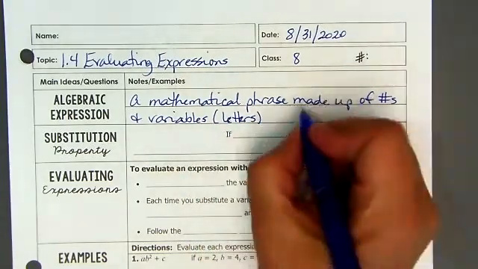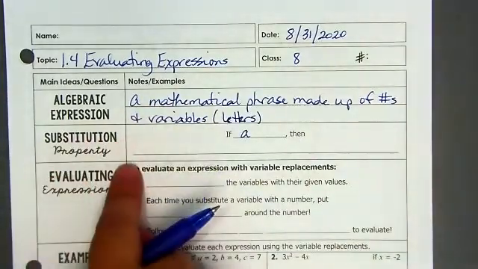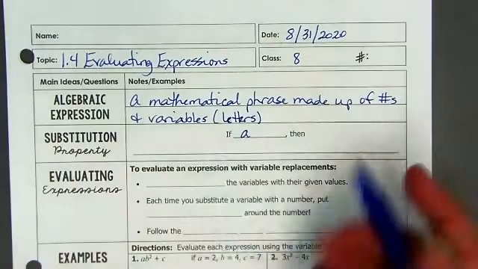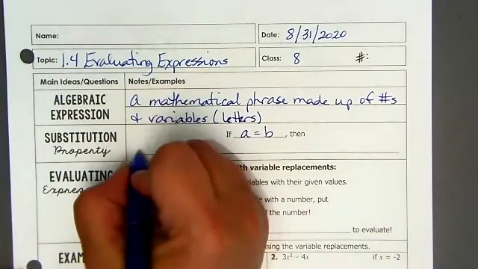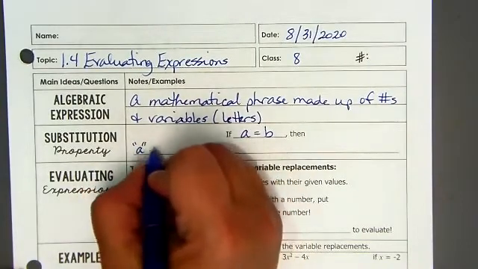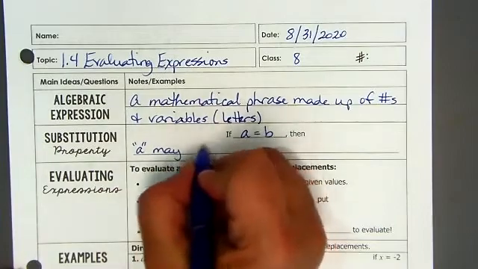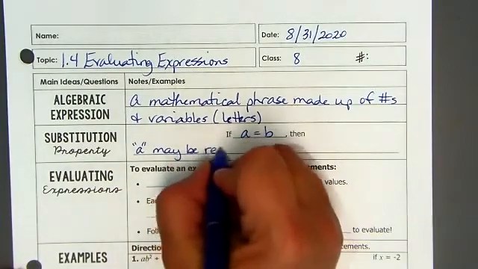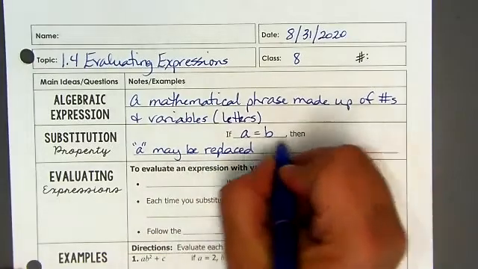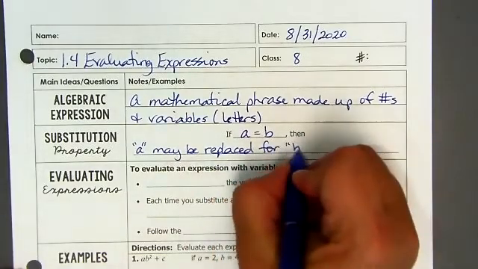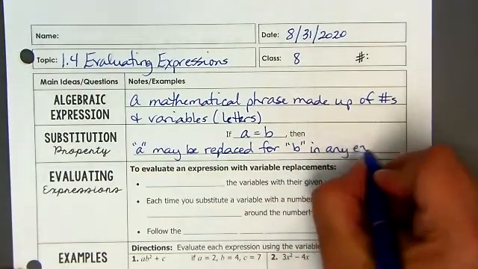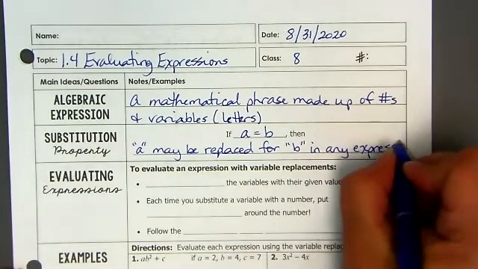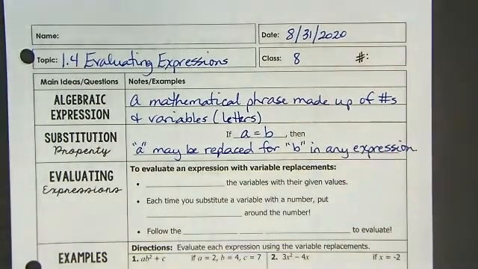Okay, so the substitution property, whenever we substitute something in for another: if A equals B, then A may be replaced for B in any expression. You will definitely use this a lot, especially when you have to justify things when you get into geometry